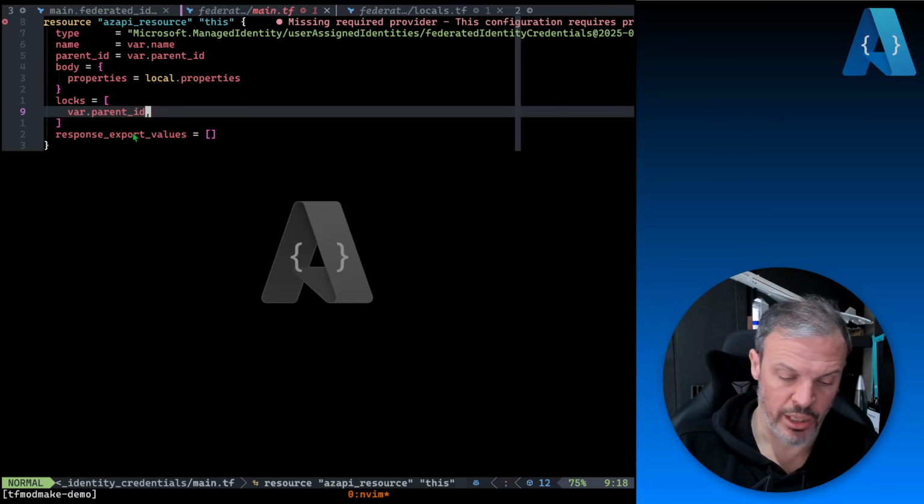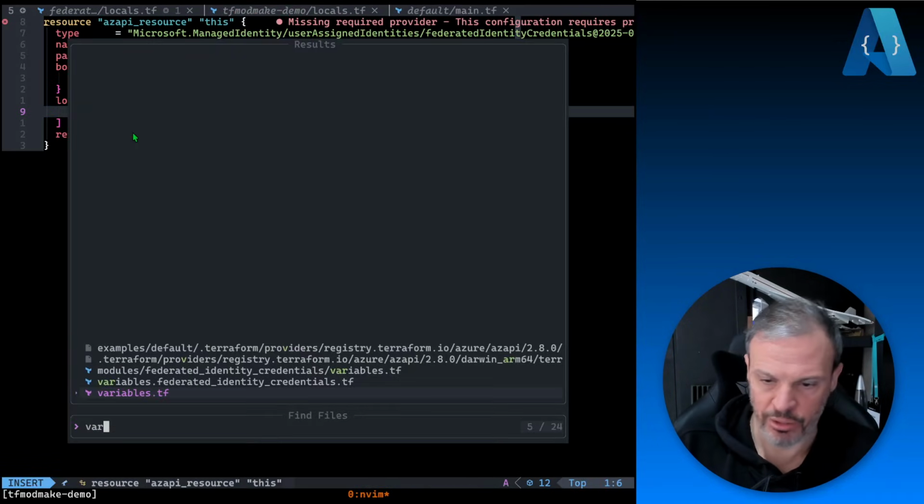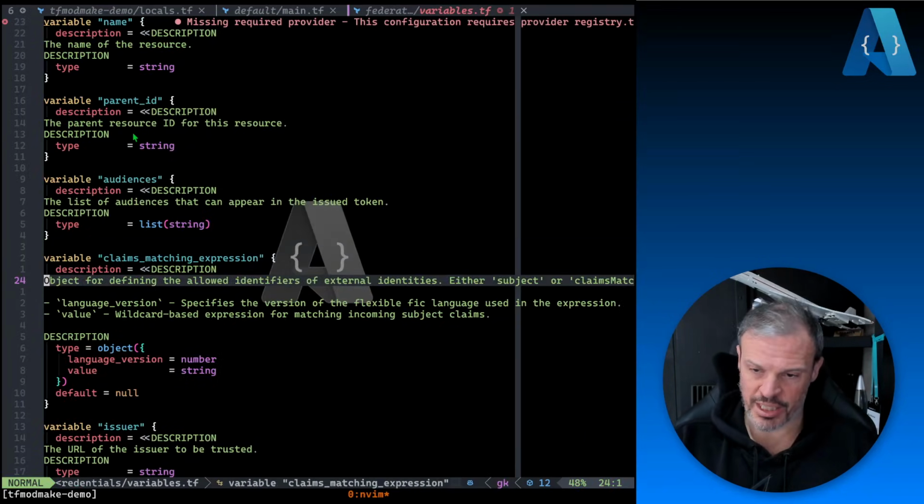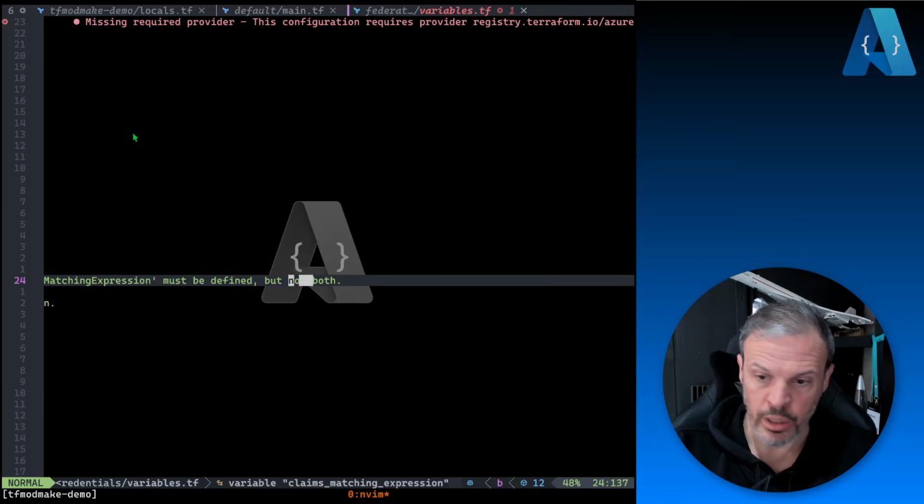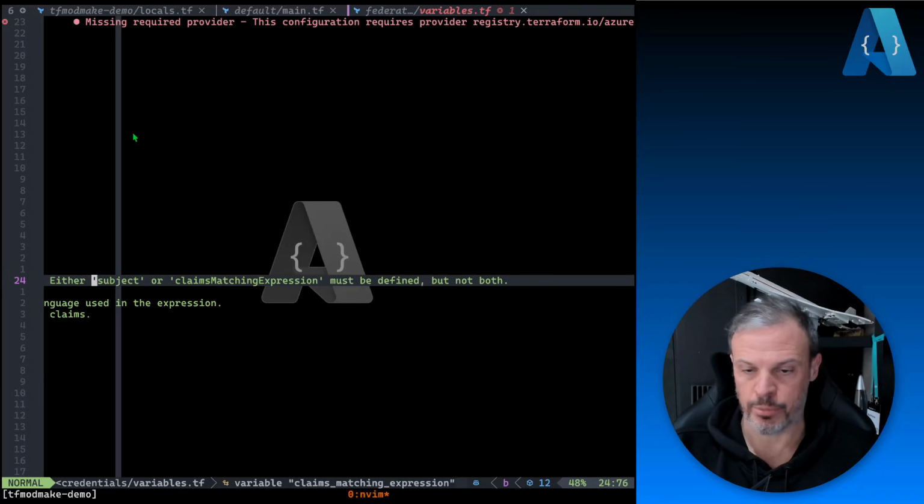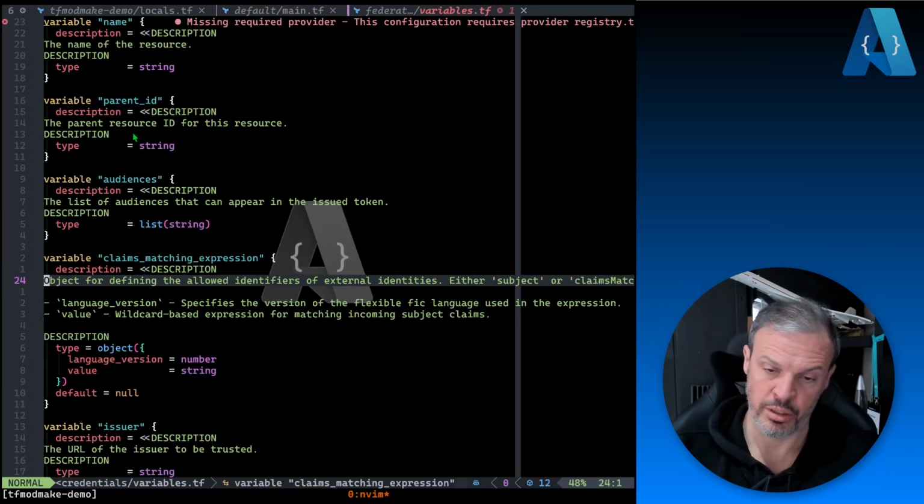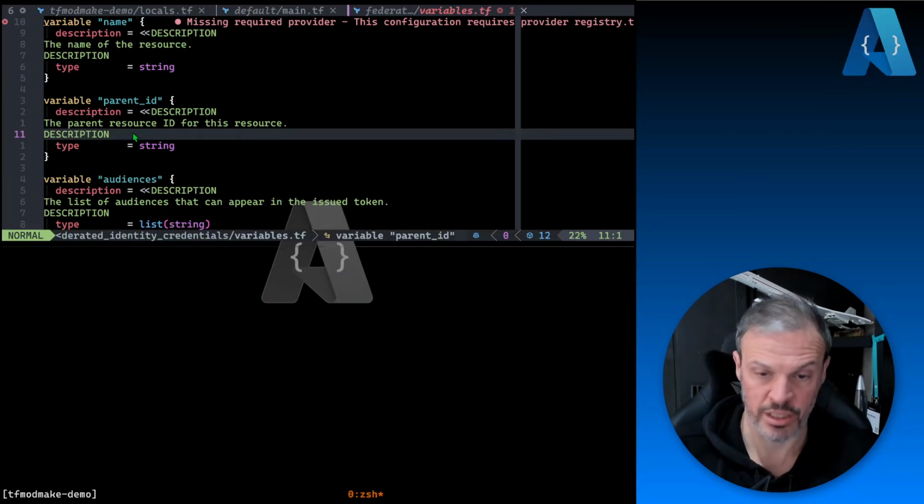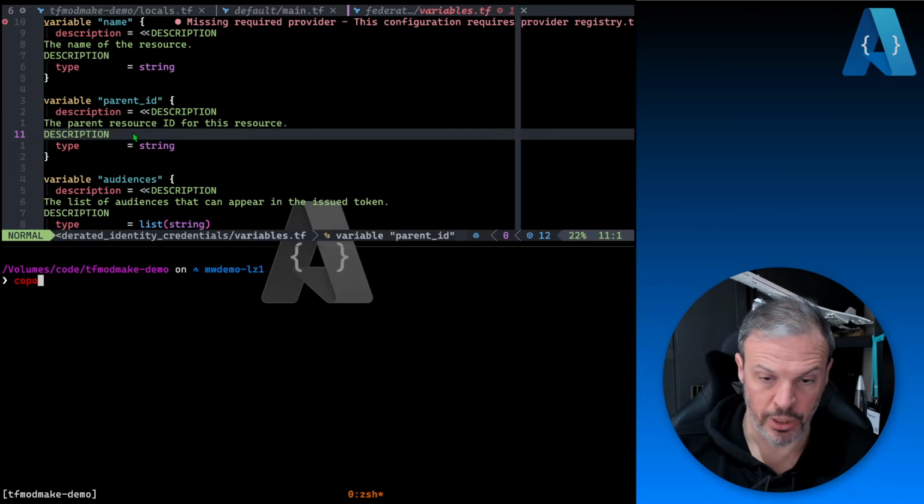One other thing before we go is that you might notice if we look at the variables for the federated identity credential, there is additional information here. It says basically subject or claims matching expression must be defined, but not both. So that's difficult to automate because you've got to actually understand the language. But luckily, we've got some tools that can understand language. So if we go to Copilot,